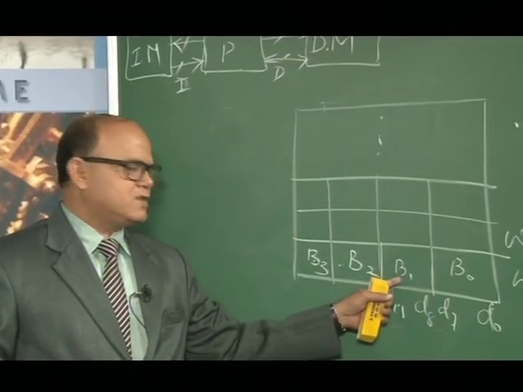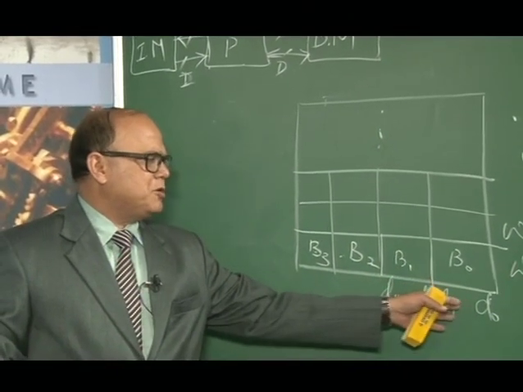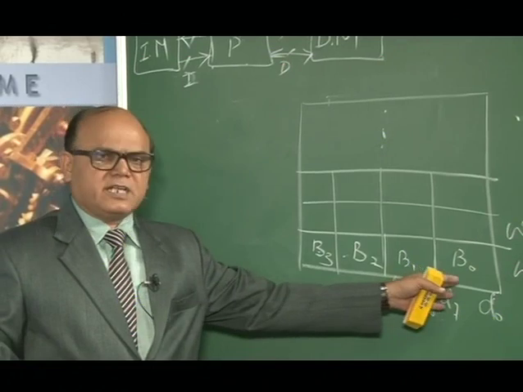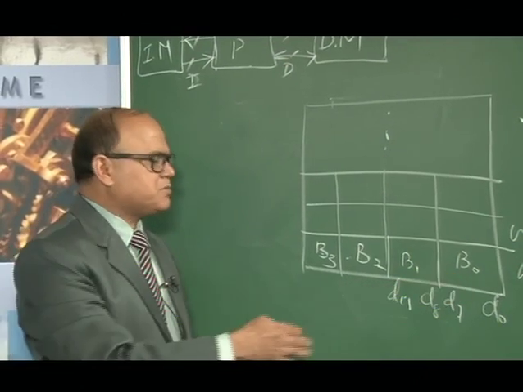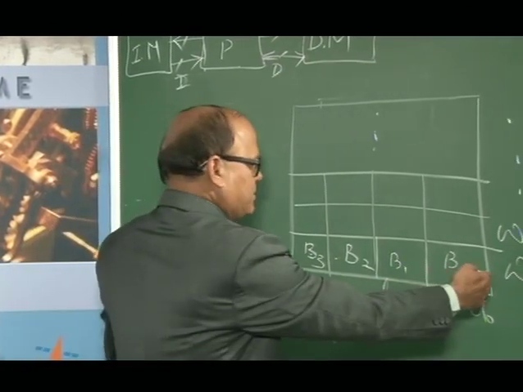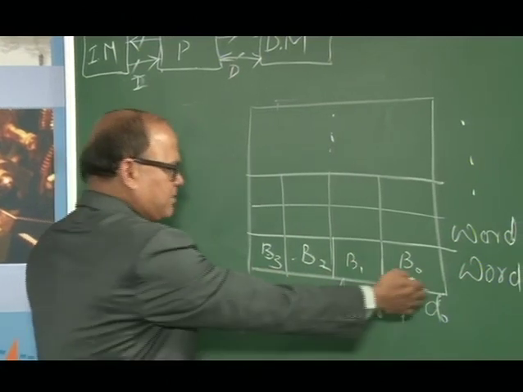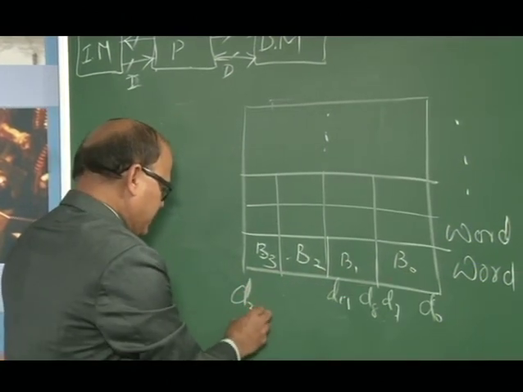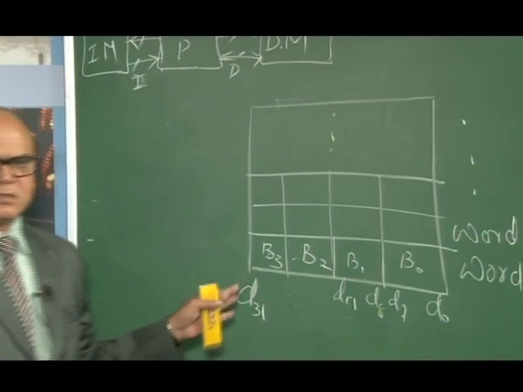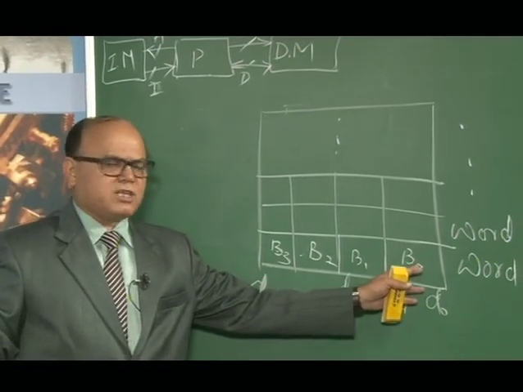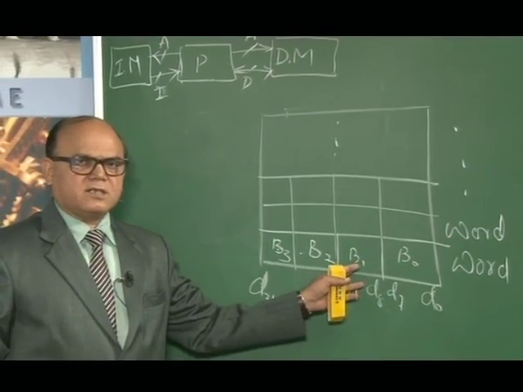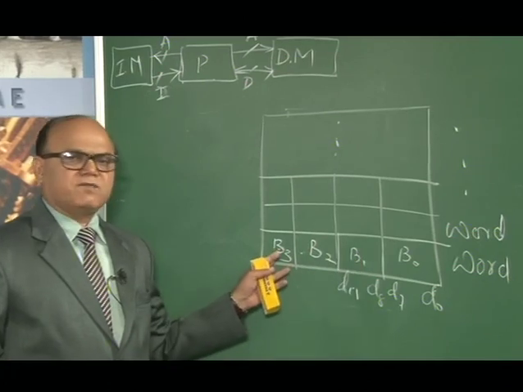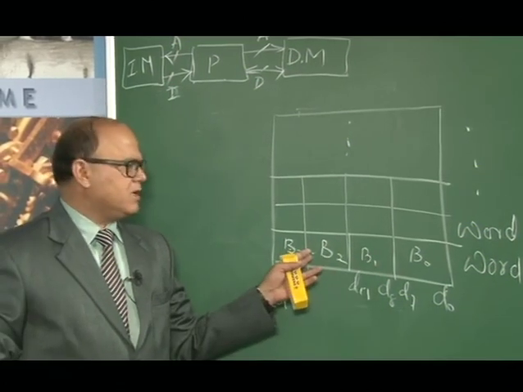The next byte will sit here. The data spreads from the right end towards the left, that is from D0 to D31. So the least significant byte sits here, the next higher significant byte here, and the most significant byte sits here. This is what a Little Endian